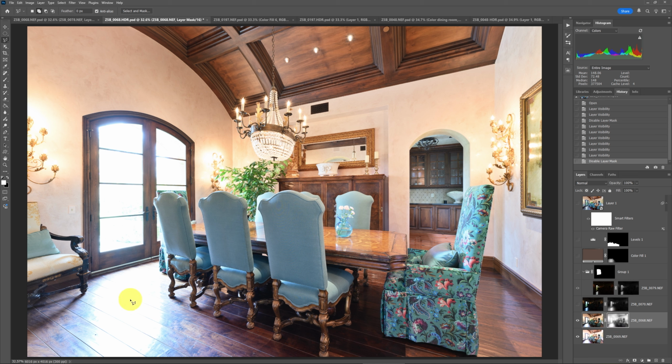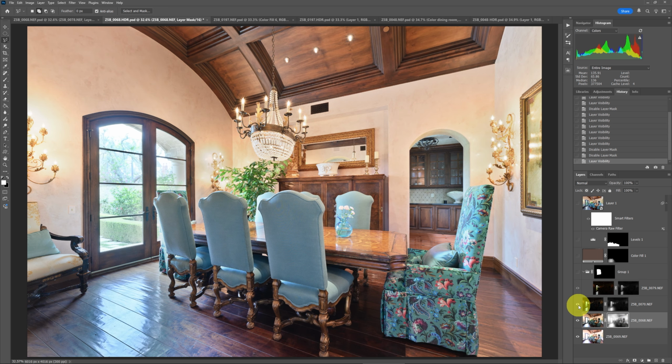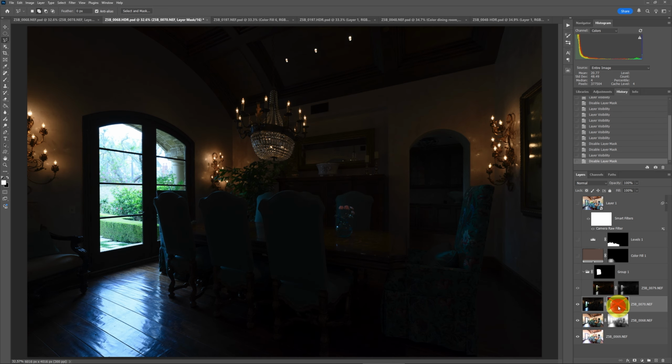But we've got a lot of problems with a lot of reflection on these hardwood floors, and that's just something you can almost not avoid with HDR. With flash you can, you just eliminate all that ambient light and just provide your own with flash. So there are darker exposures to try to fill in that. That's what this is here, but you can see that you're still going to get really bad casts coming in